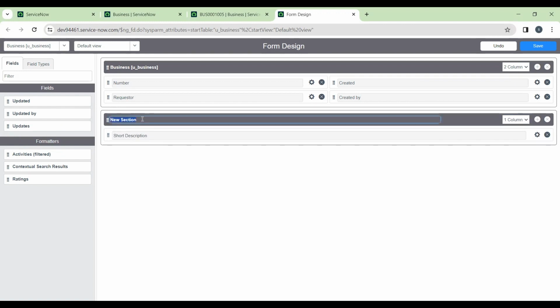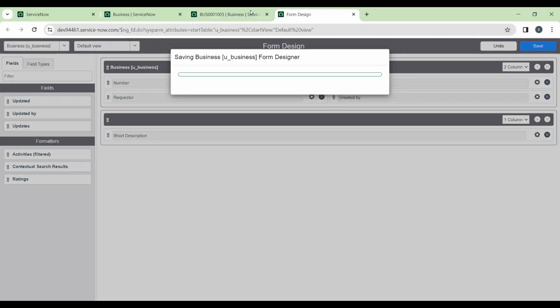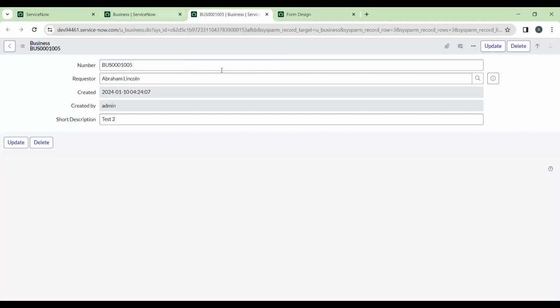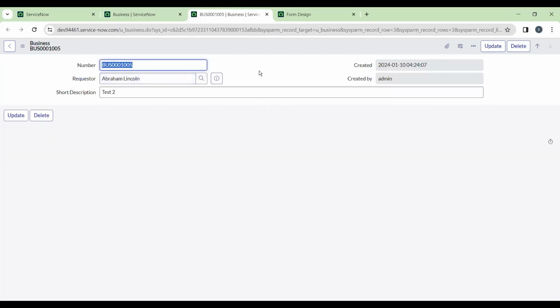Similarly, we can add it here, and we have to remove this section name and keep it empty. Otherwise it will be added as an entirely new section. If we remove the section name and keep it empty, it will continue on from the fields above. I'll show you how. Just save this form, go back to the form, refresh and see. As you can see here, we have 2 columns for the above fields and a single column for the short description